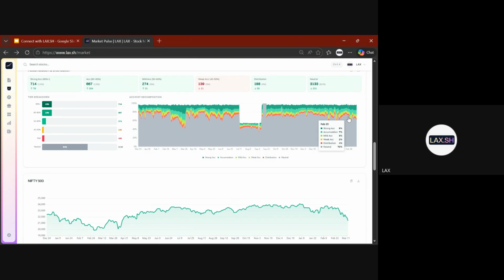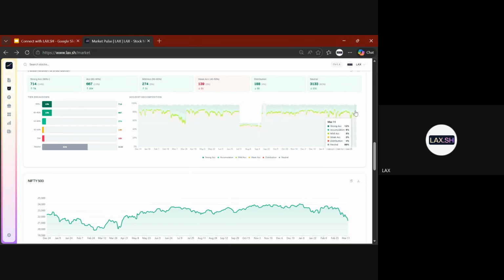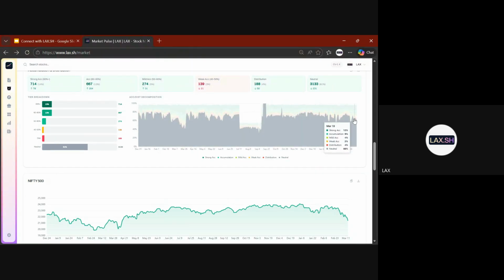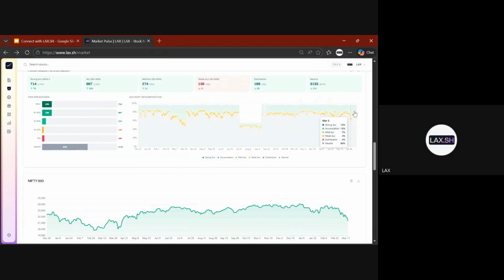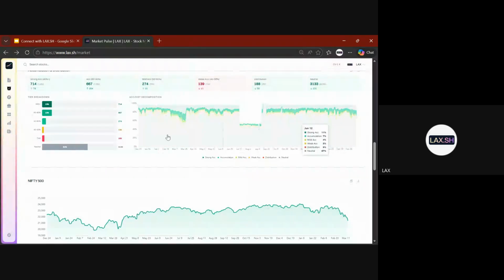Like, for example, there is a strong accumulation, but that accumulation, let's say, has happened on 500 stocks today. Okay. Next day, again a strong accumulation, but the stocks have risen to, let's say, 800. Of course, next day is much better, right? But that you'll know only when, as a percentage, it is shown. But then the representation will become problematic. It can't be an area chart. It has to become a line chart.